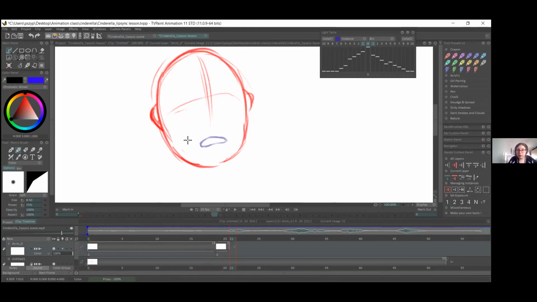And then it goes into where. So it opens the mouth into